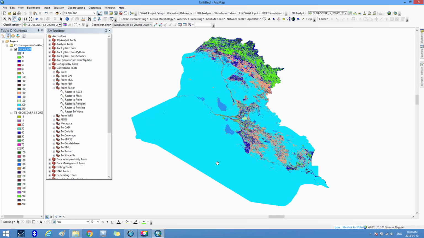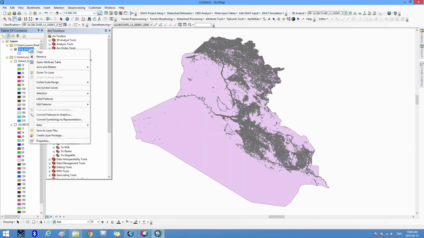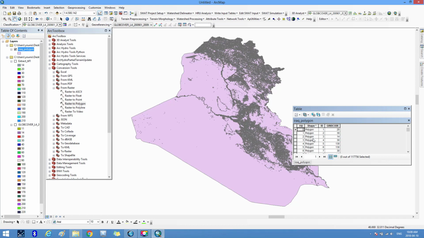Then the raster map of the land cover of Iraq is converted to polygon. Then we go to the table of contents, right click on the layer, then open the attribute table. Then the table appears that contains the shape field of polygon type and a field titled grid code for the land use number. As we see,